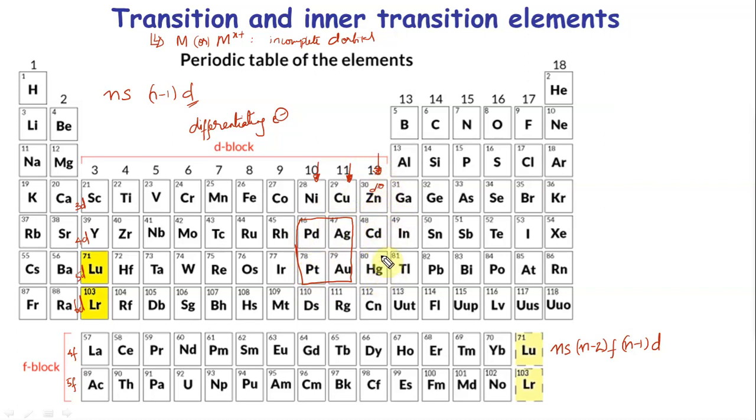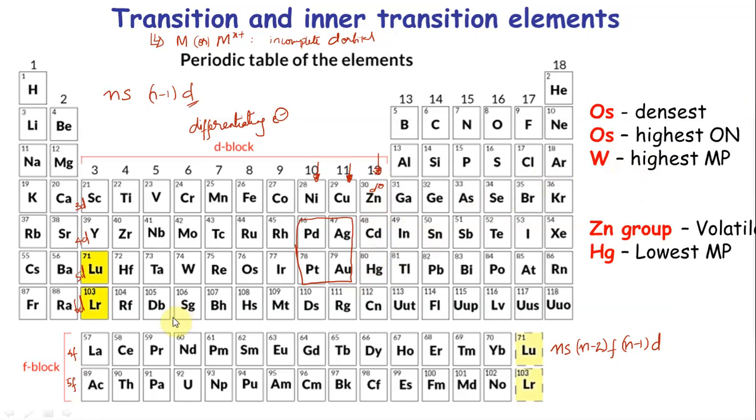Okay. Now here I have a couple of things that I want you guys to know. Okay, so these are a couple of data that you want to know. Osmium is right here. That's the densest element among all. The second densest element is mercury. Okay, they will be very heavy to lift for a given volume. Osmium also has the highest oxidation number. Osmium has +8 oxidation number. The next highest would be manganese +7, chromium +6.